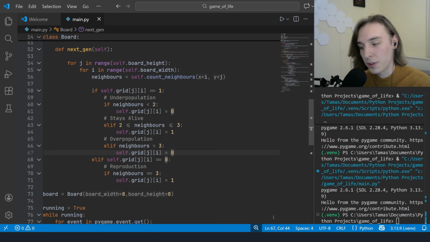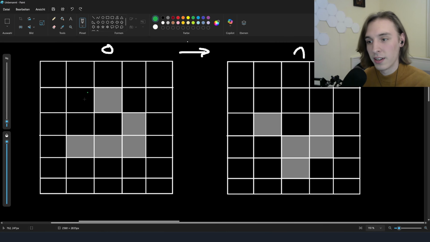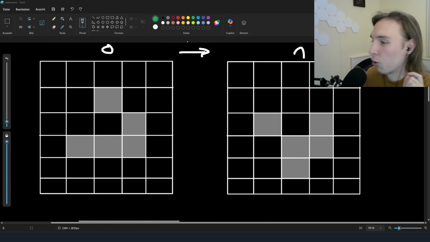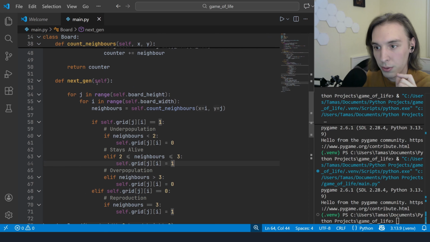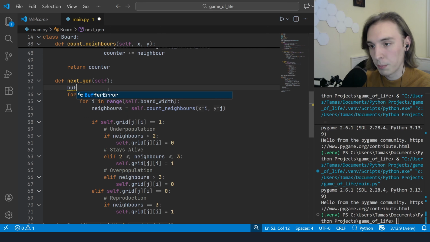So remember what I said about the buffer? That basically each step gets calculated and then just written to a buffer, and at the end, after each step has been calculated, we actually update the screen. We need to do that in our code, because right here, we modify the grid itself. So what I need here is something like a buffer,